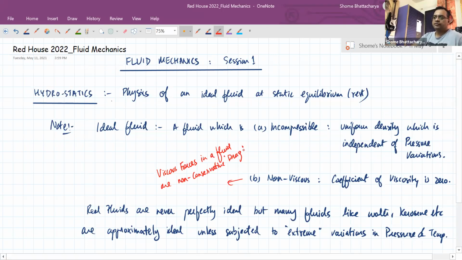Okay. So like that, if we have an object moving through a fluid, like a body falling through water freely under gravity, or an object which is projected under water under the action of gravity, depending on the material of that object as well as the material of the liquid, in this case we're talking about water, there may or may not be a significant amount of drag force. So that drag force in the case of liquids is typically called viscosity or viscous force. So viscous forces in a fluid are non-conservative drag forces that oppose relative motion.